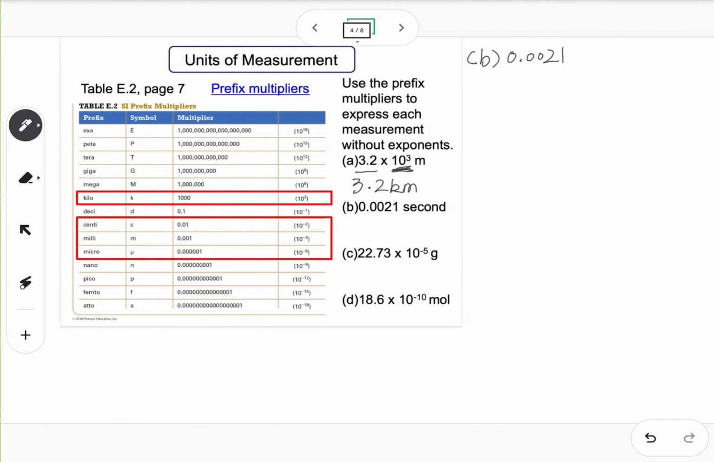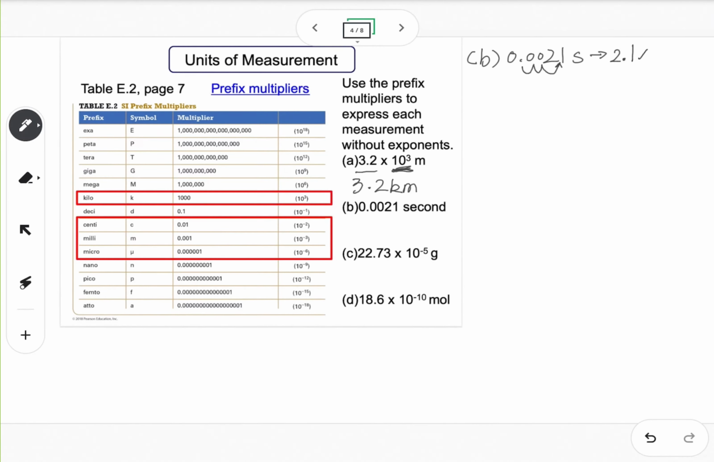0.0021, very small number. Okay, second. So how do we write the scientific notation? You move the decimal point to your right 3 times. The goal is to move the decimal point to the right side of the first non-zero digit. Here the first non-zero digit is 2, so you need to move the decimal point to the right side of 2. So that will come up with